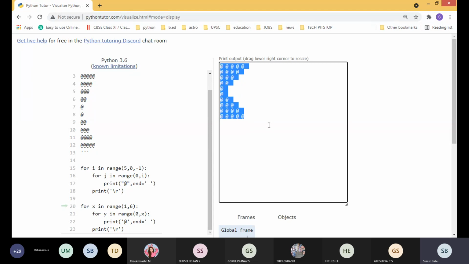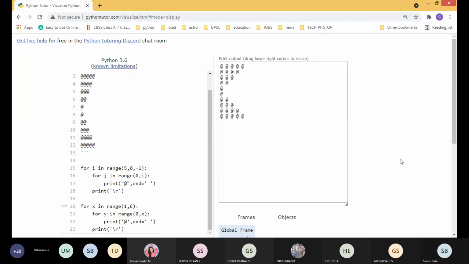Students, understood? Yes, sir. So kindly note down. Whatever the pattern, don't worry about that. Split it and combine it. Don't think about the entire thing, that will become very tough.